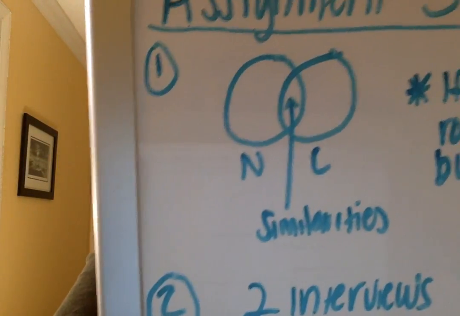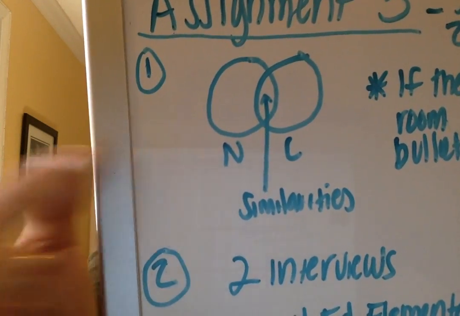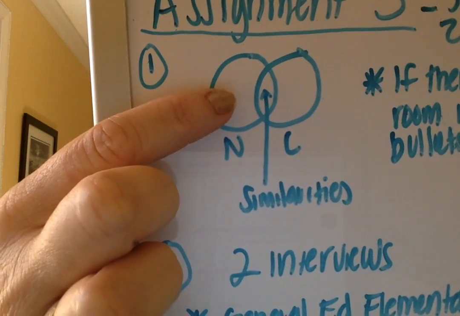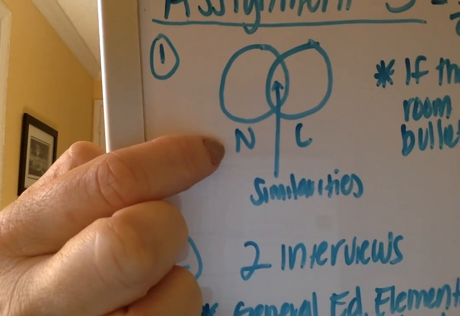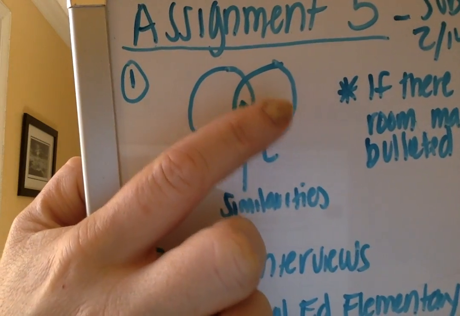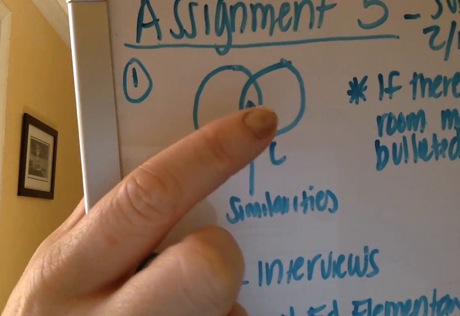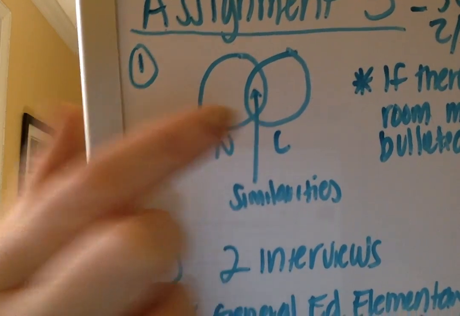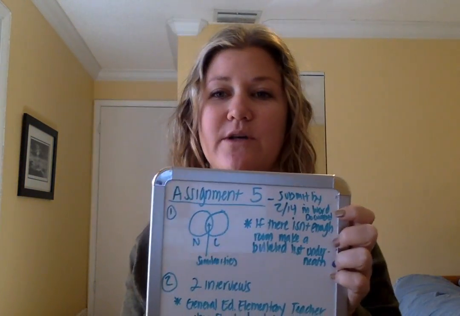So this is what a Venn diagram should look like. It needs to be two circles that are overlapping. So in this part of the circle, I have an N. So that's the differences of the norm reference test. In this part of the circle, I have a C, and that would be the differences of the criterion reference test. And on the inside, the overlapping portion, that's where you're going to talk about the similarities between the two